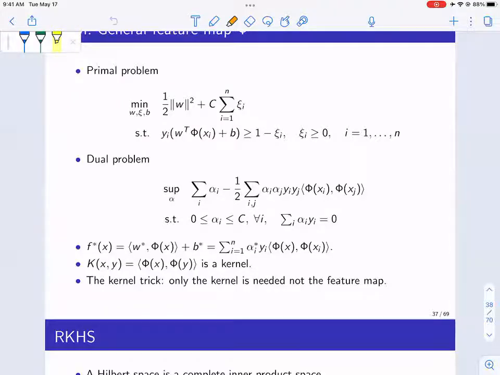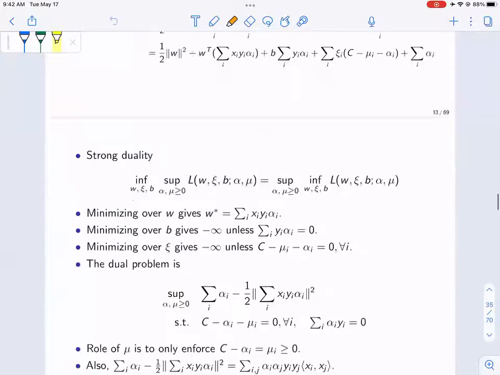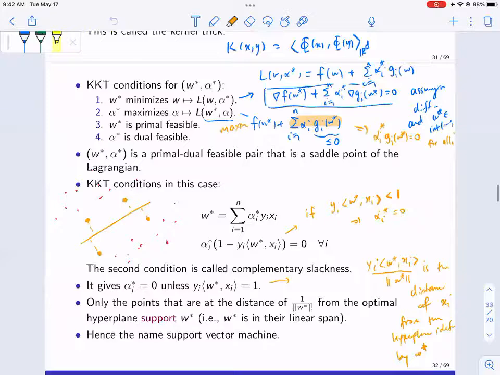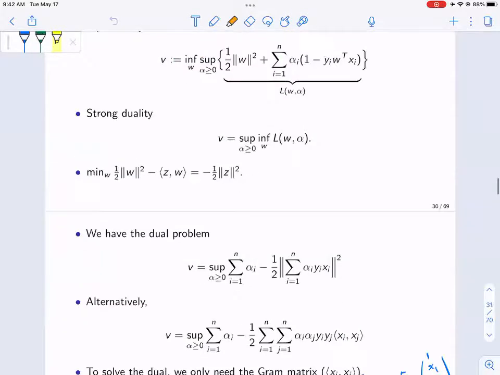Okay, so last time you started talking about soft SVM, and so actually we talked about SVM and its dual, and we talked about why it's called a support vector machine. And looking at the dual,